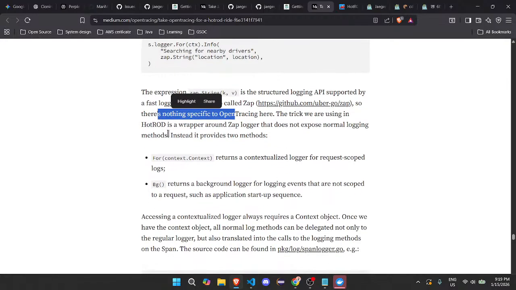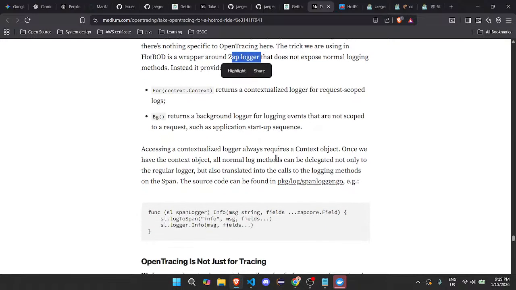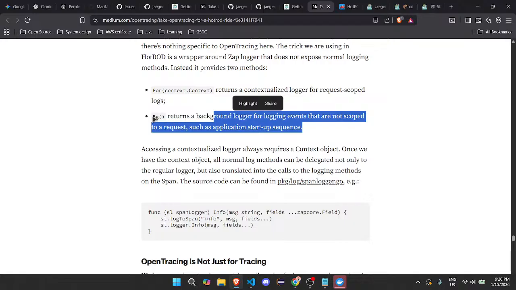The trick we are using in HotROD is a wrapper around Zap logger that does not expose normal logging methods. Instead, it provides two methods. Returns a contextualized logger for request scope logs. Okay. Log specific to a specific request, such as for intent slash dispatch or something like that. Returns a background logger for logging events that are not scoped to a request, such as application startup sequence. The processes which run in the backend. So we need these two